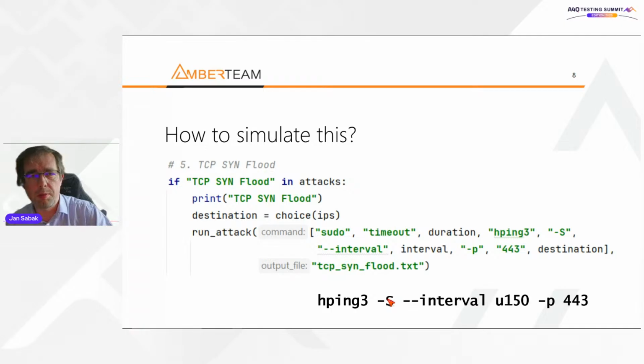So every 150 microseconds, one TCP packet will be issued and sent to the destination. The IP goes here, and -p 443 is of course the port. So every 150 microseconds, one TCP flood packet will go to this IP and port 443. So this is the basic of these attacks. Now, what we need to do is to amplify it, to run it on 1,500 machines